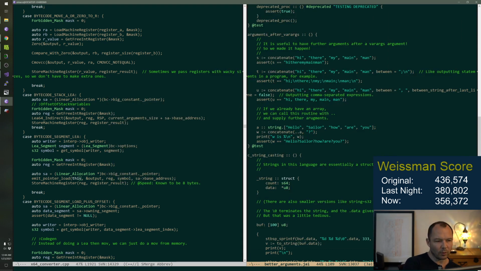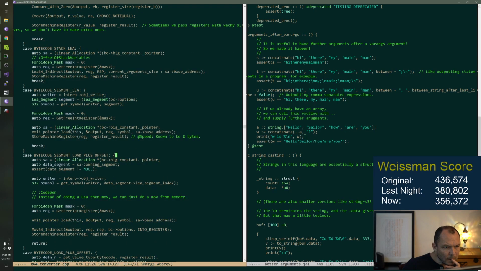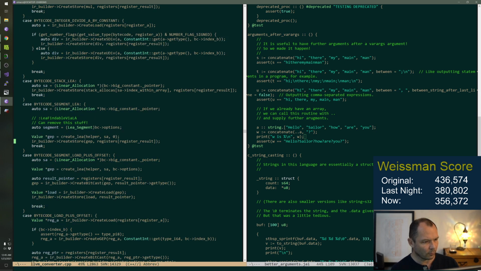The array subscript's busted. Why am I even looking in this file?